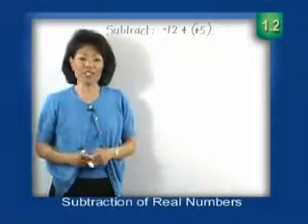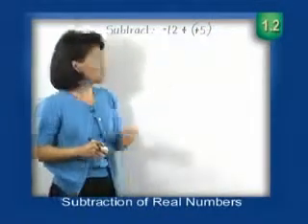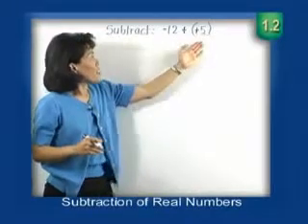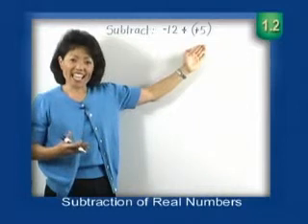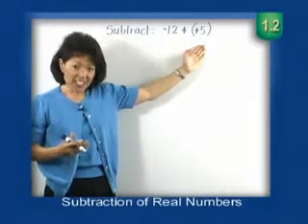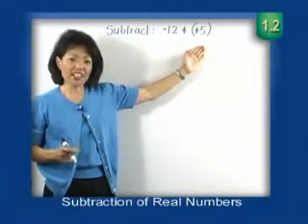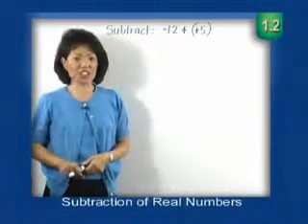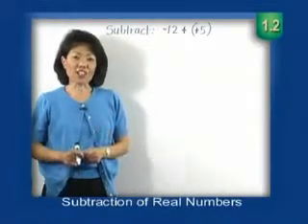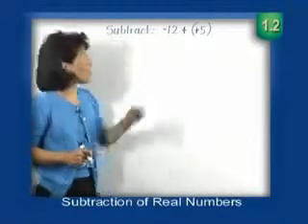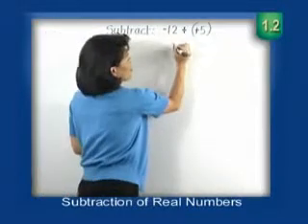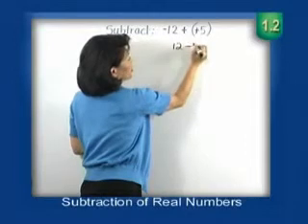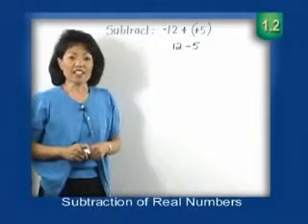Now we go back to our rules of addition. Remember, the signs here happen to be different. One negative, one positive. Again, if the signs are different, we disregard the signs, subtract the smaller from the larger, and take the sign of the larger in absolute value. So let's do that. Disregard the sign, subtract the smaller from the larger, which would give us 12 subtract 5,